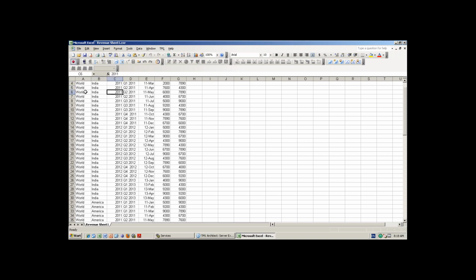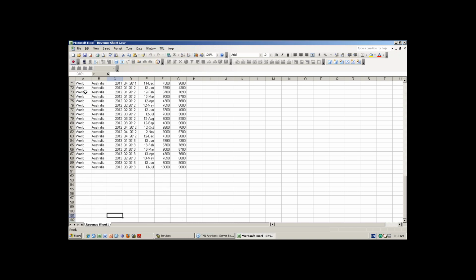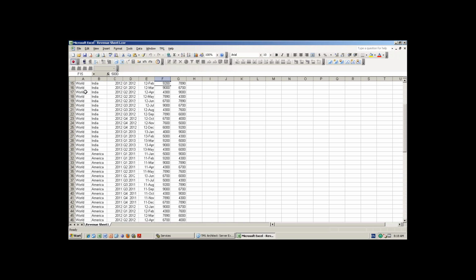And you have 2011, 2012, 2013, right? For 2013 for Australia, up to July only. And you have the quarters also, January, February, March and all those things, and revenue values and gross profit values.